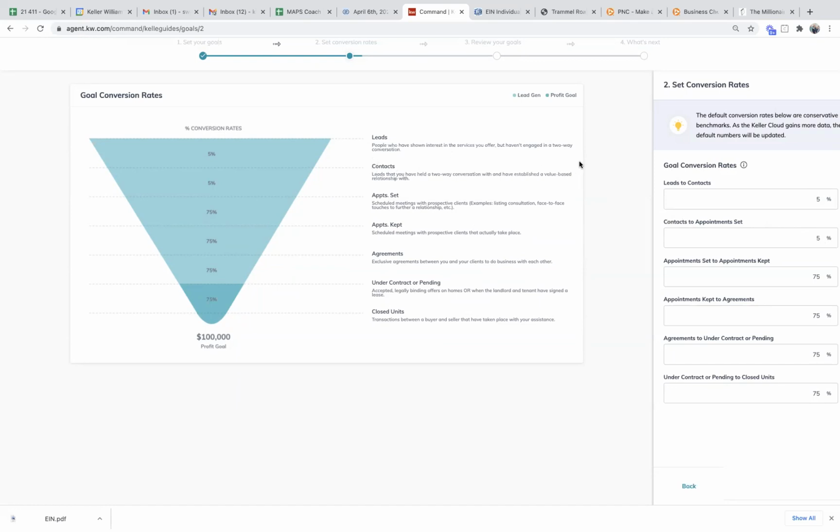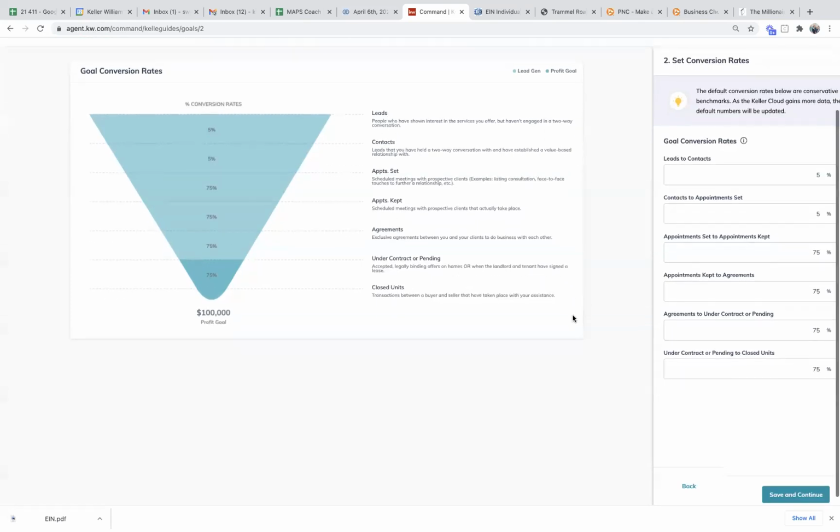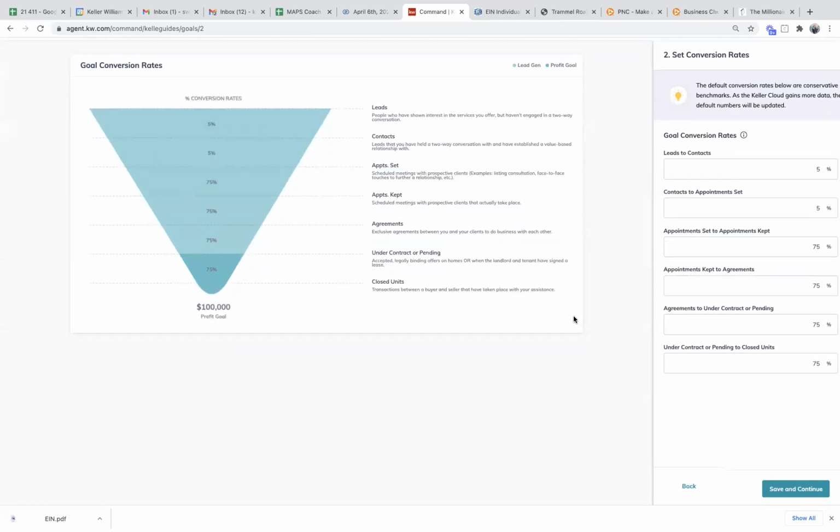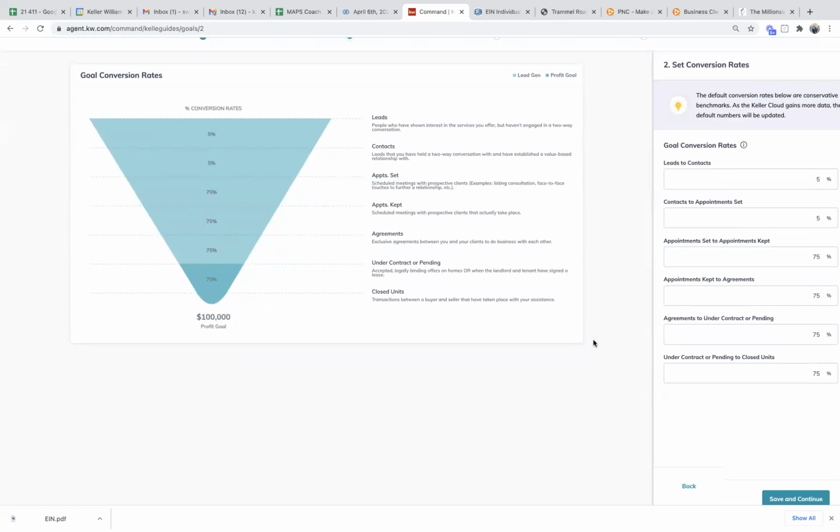So this is going to help us understand, if I have a goal of $1 million in sales or $1 million in profit, how many closed units I need. And then we can reverse engineer all these numbers to tell us how many contacts we eventually need to get there. Now, I would say most agents never touch these conversion rates. And that's okay. This is the average. It's okay to put these average numbers in here. It gives you a clear indicator of where you need to be. But I would just tell you that there is a huge difference